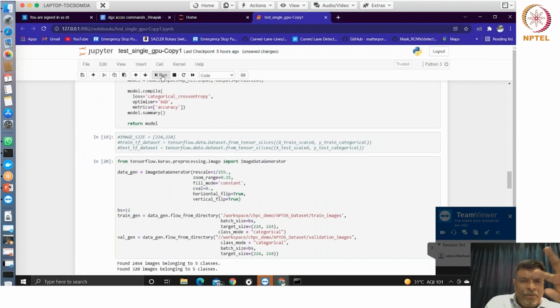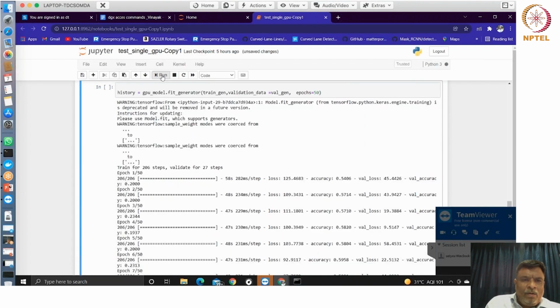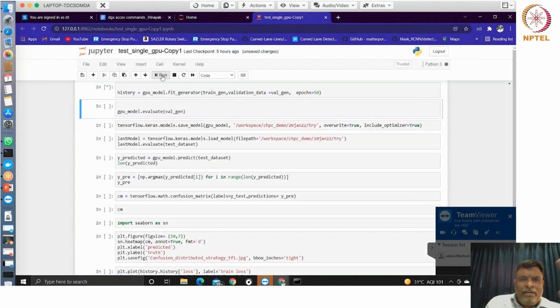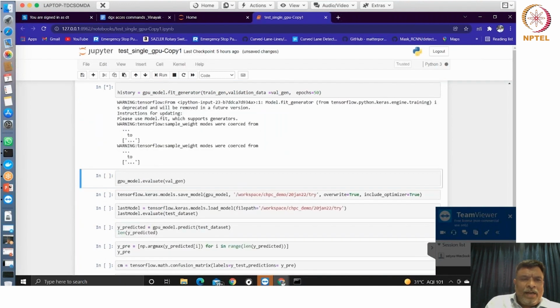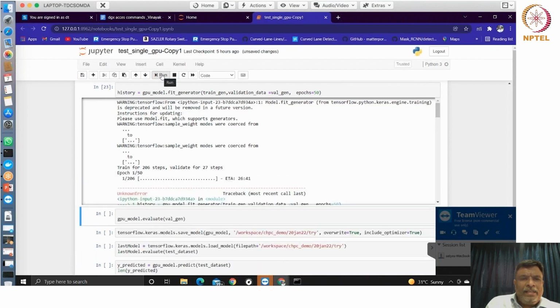We are trying to use TensorFlow with Keras preprocessing, so we get the GPU model also, right? And then we try to do the validation for so many epochs, and so on and so forth. It will take some time for training, but the effective idea is to